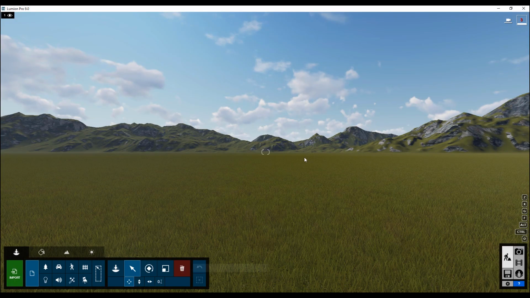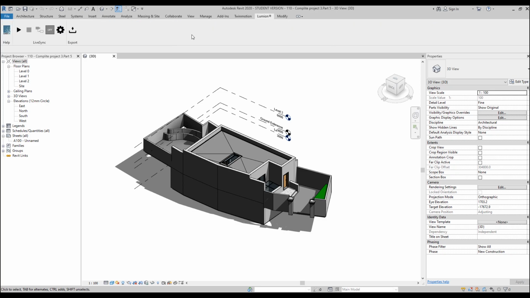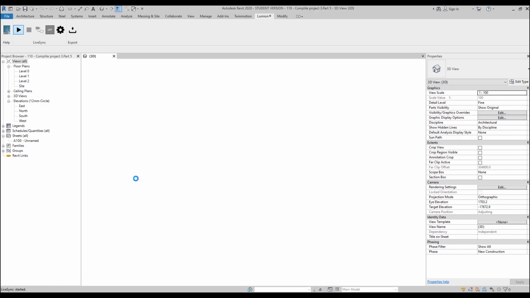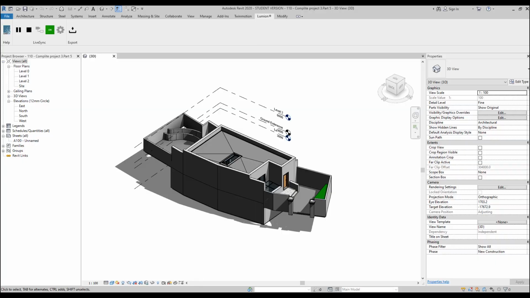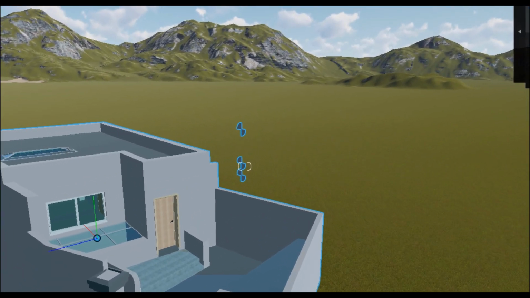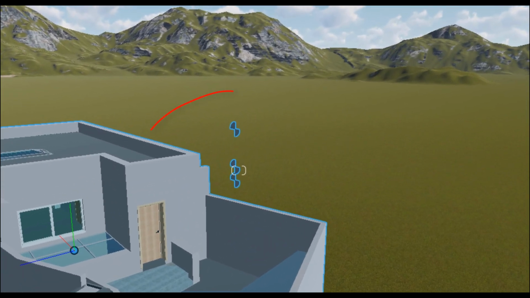Today we will continue work with our previous complete course model. We will do the workflow between Lumen and Revit, but I divided this tutorial into 3 different tutorials. In this tutorial we will continue working with the modeling. We will finish modeling our house, in the second video we will continue working with the modeling, and the last video is about the camera. Right now you can see that when we use the live sync we get a problem with